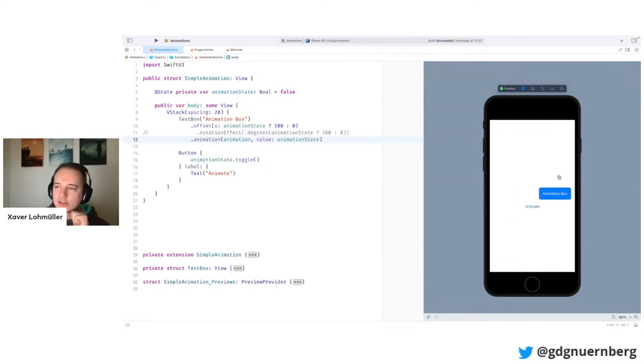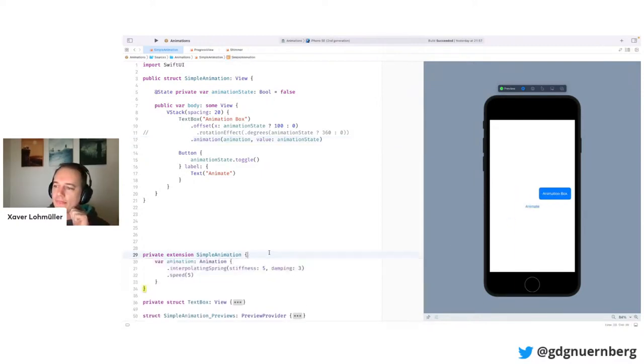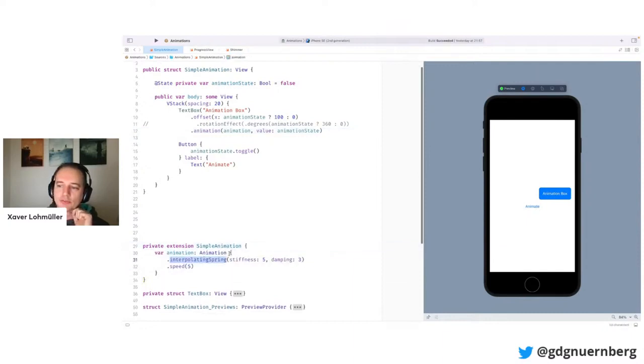And here I'm using the interpolating spring with a speed up of 5. Because the thing with the spring animation is that it's a physics simulation, and you cannot say beforehand how long it will take. But in this case, I've measured it, and it takes about 5 seconds, and then I use the speed modifier to play it back 5 times faster than it usually would. So in the end, it's about a 1 second animation.